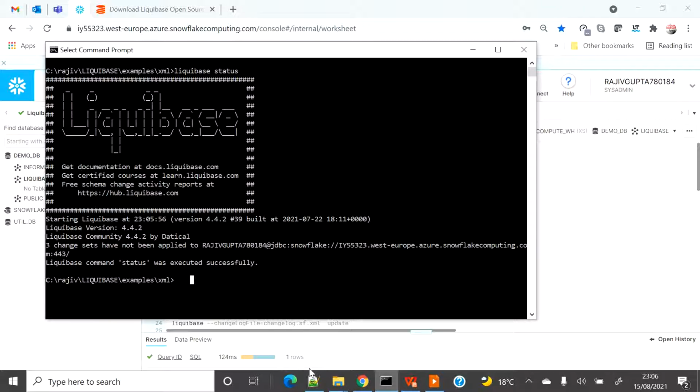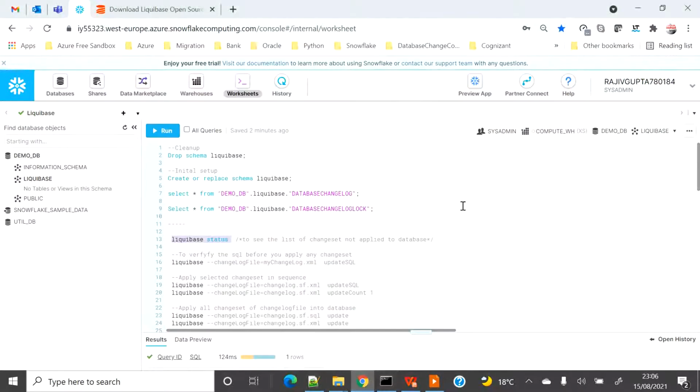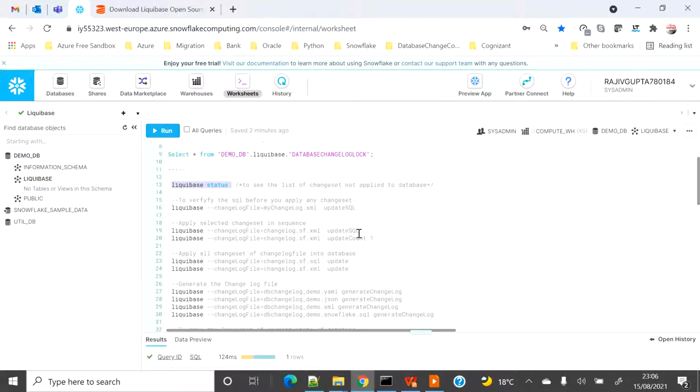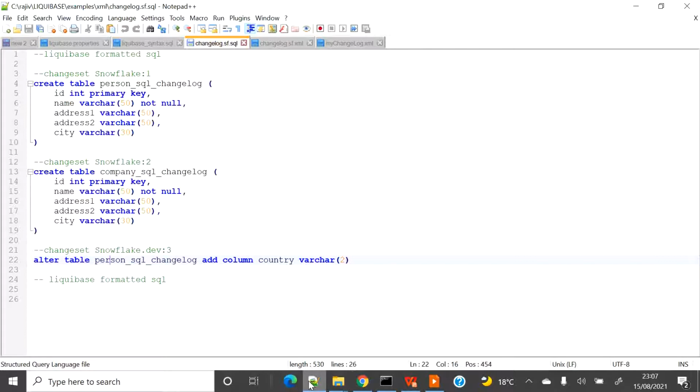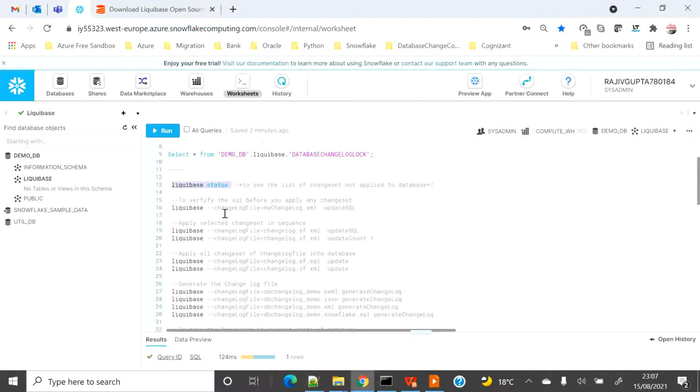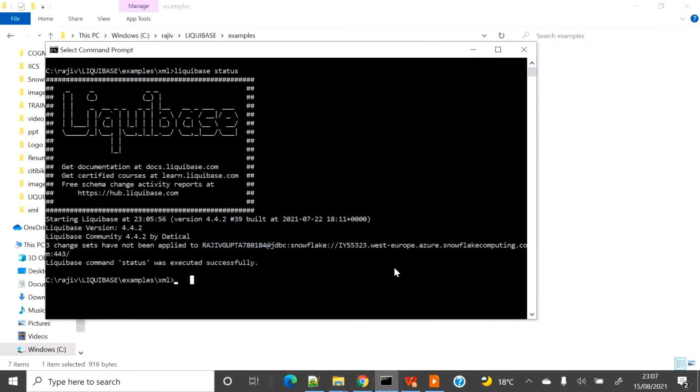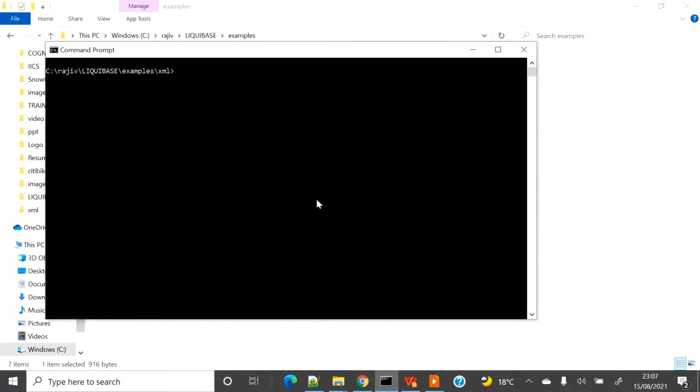So all the setup is done. Now say I want to check a particular changelog file. So far I have shown you whatever is in the text editor, but say you don't want to go to the text editor and see the file for whatever reason. You want to see what SQL statements you are going to apply for a particular changelog file. You can go here and use the update-sql command. Let me clear the screen.